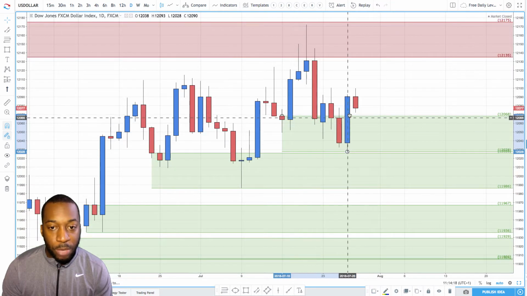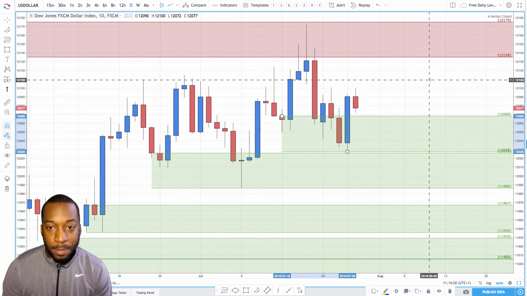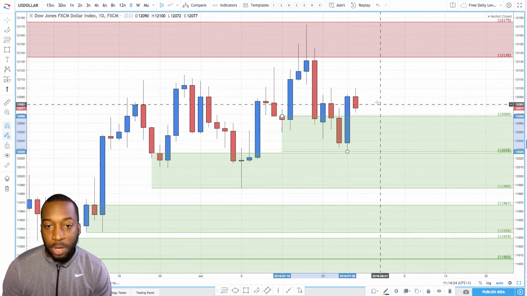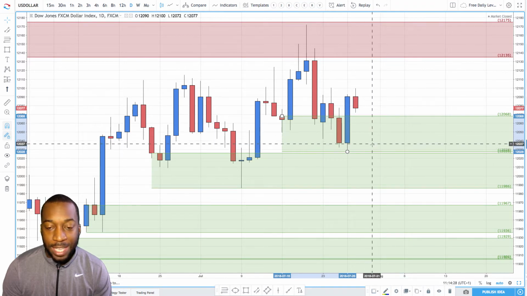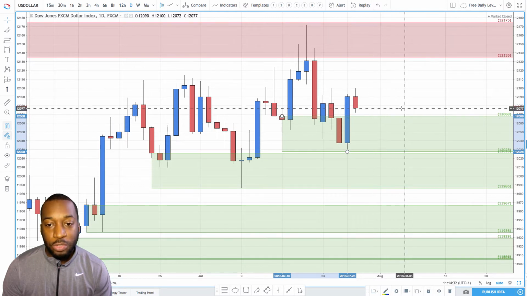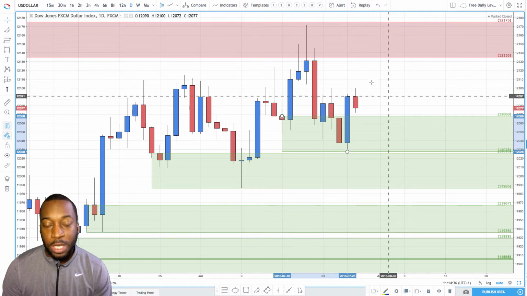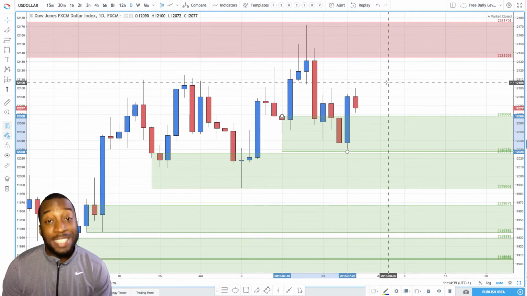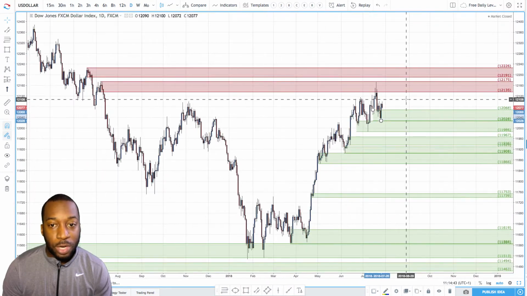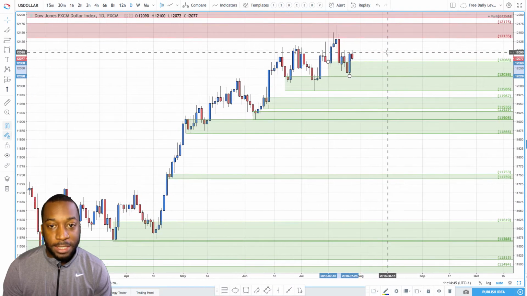So if we do get prices coming down here, a bit of weakness on the dollar and then a pullback, what you want to see is a bit of weakness on any of the other pairs. And if you get some price action on the dollar index confirming dollar strength, then you would look for confirming price action to buy the dollar. And the same thing would be for selling the dollar, for example, if you're looking for supply levels. And really the only supply level that I can see